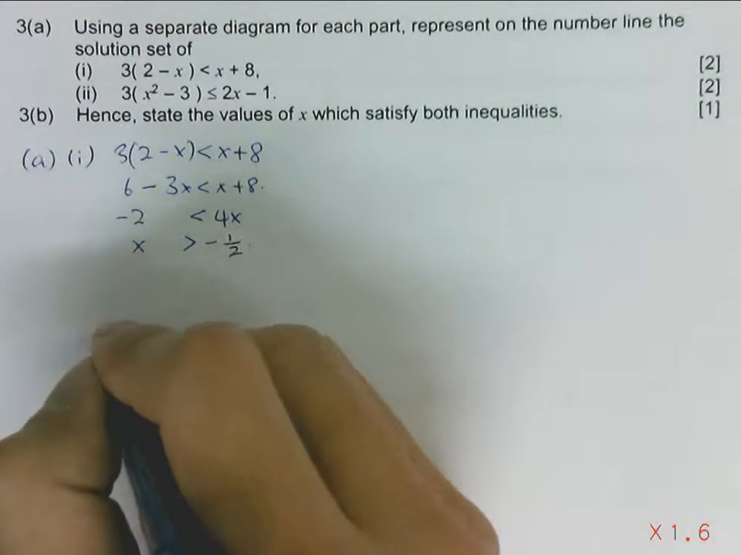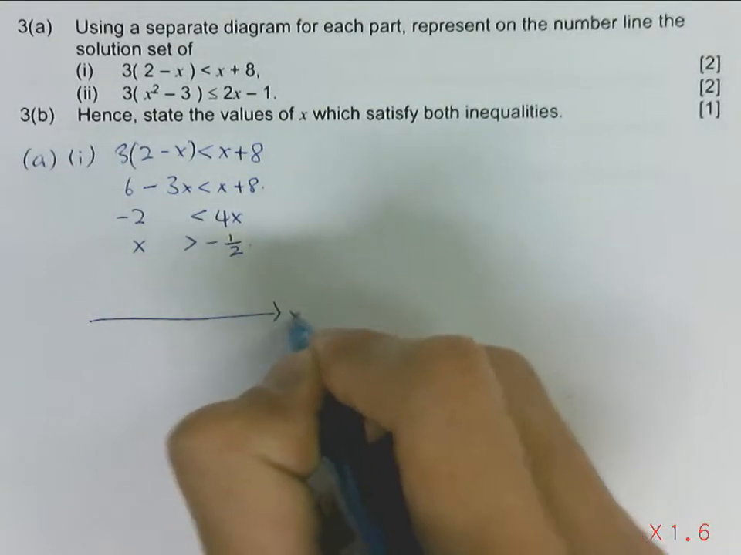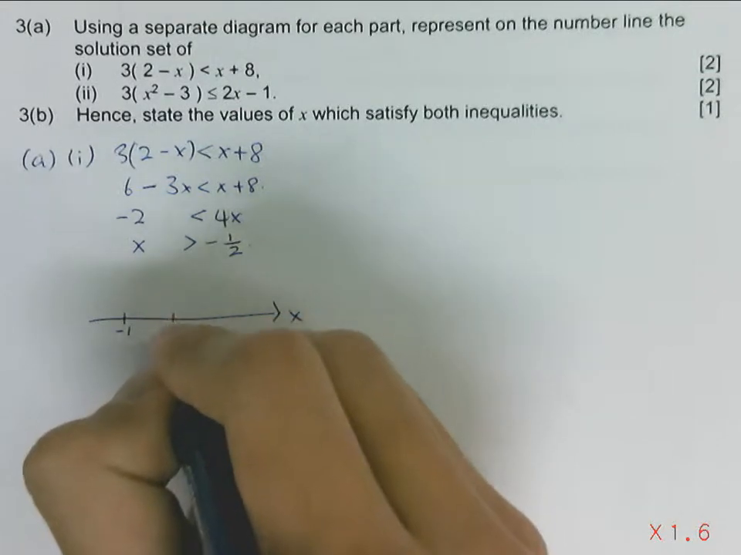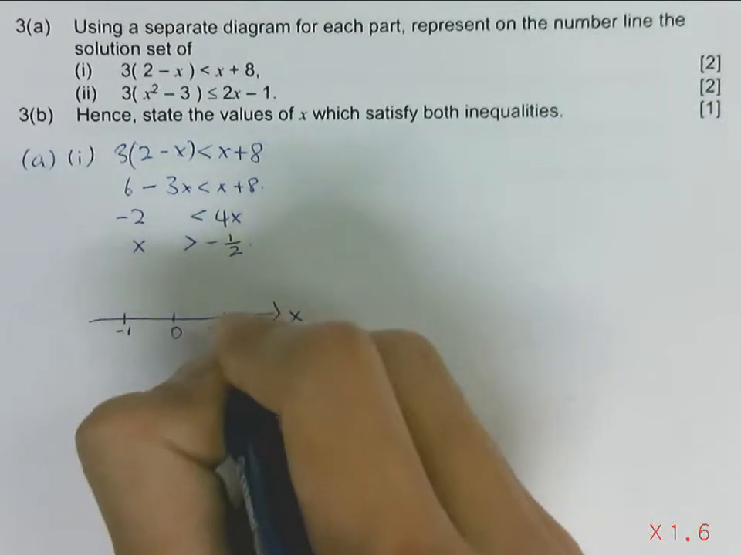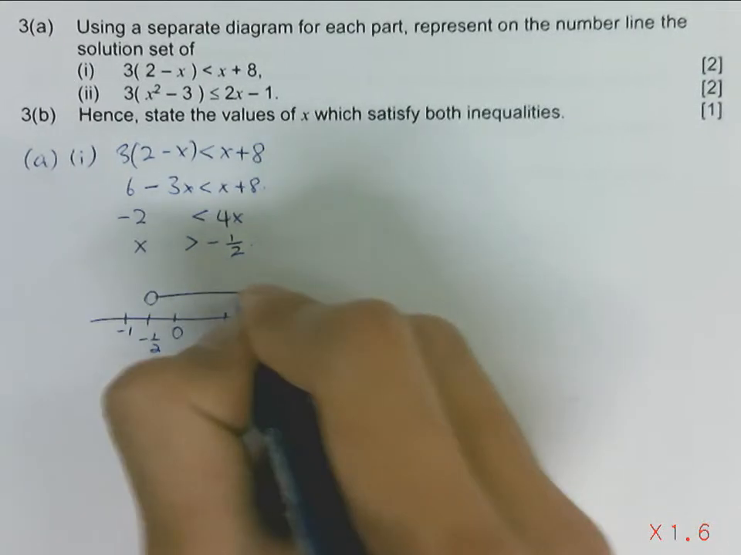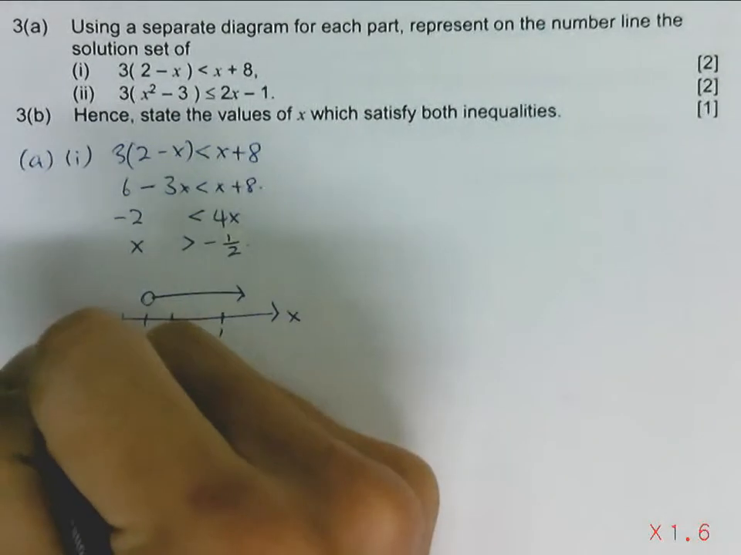So the number line you're supposed to draw, in scale, x greater than negative half, so this way. And then part 2,